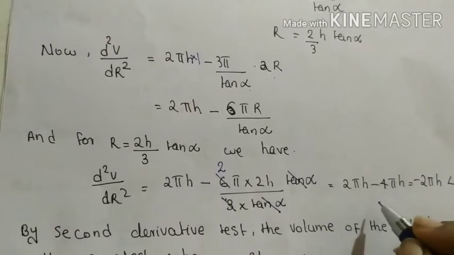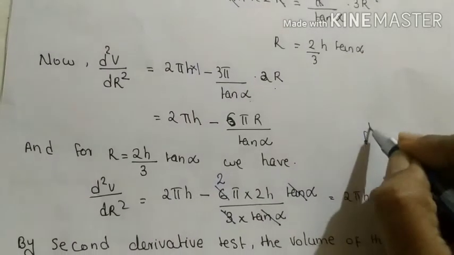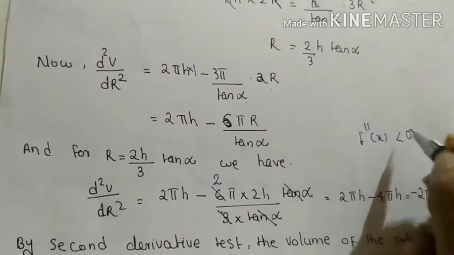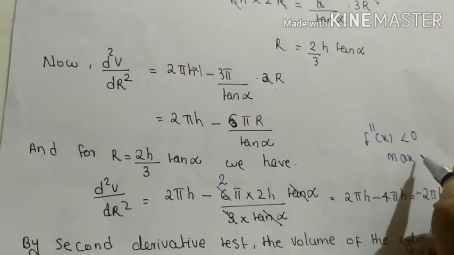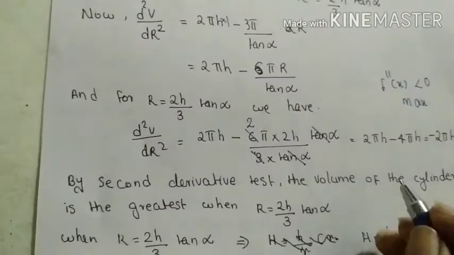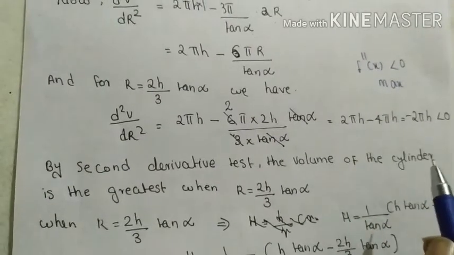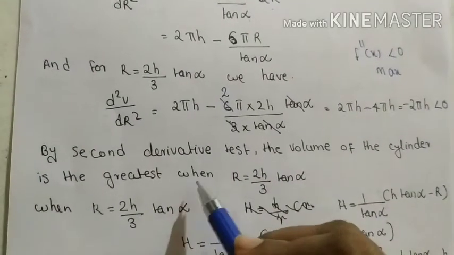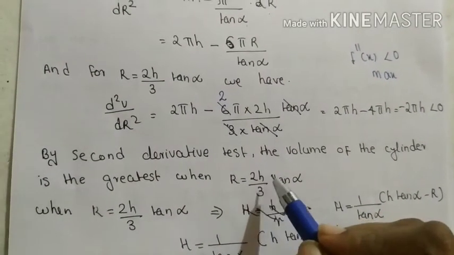We know that if f double dash of x is less than 0, it means a maximum value. So by the second derivative test, the volume of the cylinder is greatest when